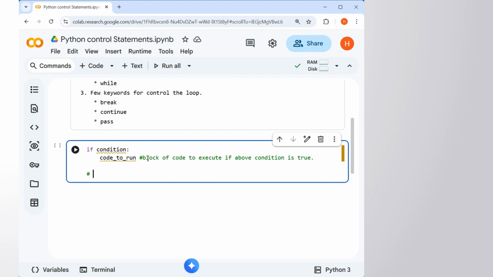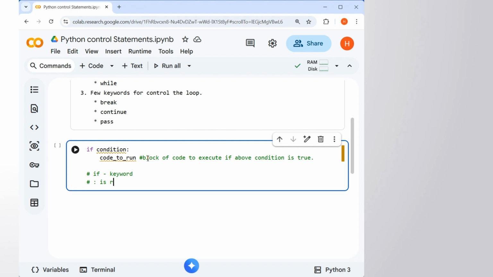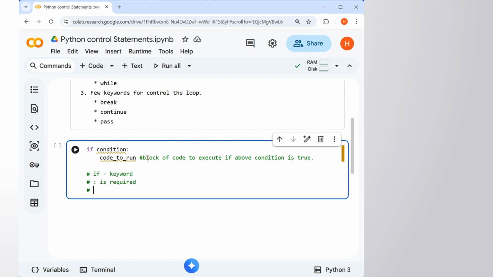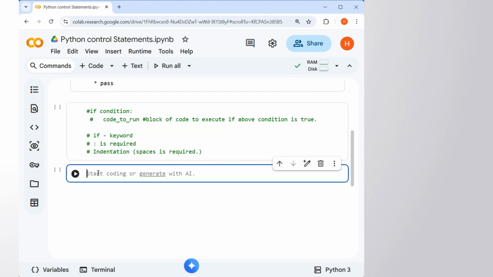What are the things required? The first one is the if keyword. The second one is the colon. The third, very mandatory, is indentation. That means the spaces are required. So the if keyword and the condition are required, then the colon ends the statement, and after the colon the indentation is required. So if we want to execute, followed by the syntax, let's write a condition for checking